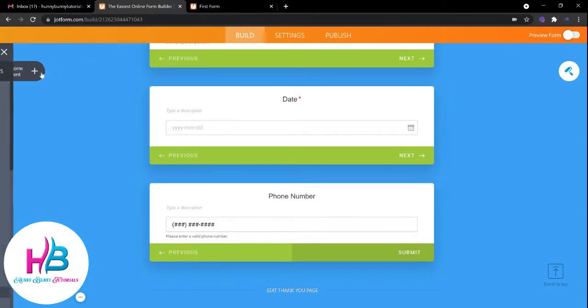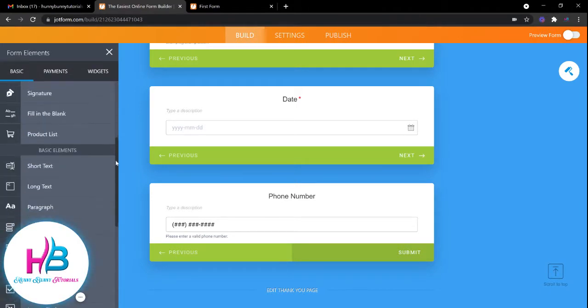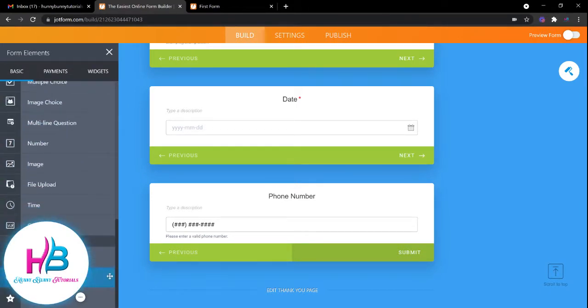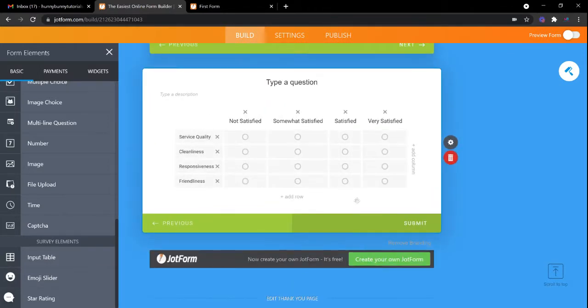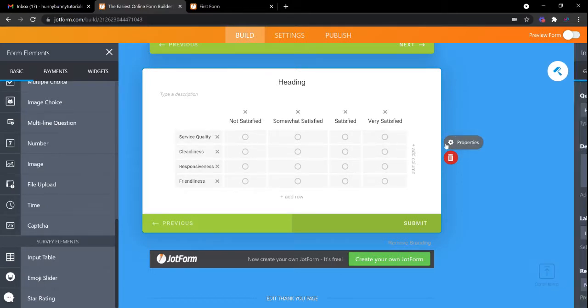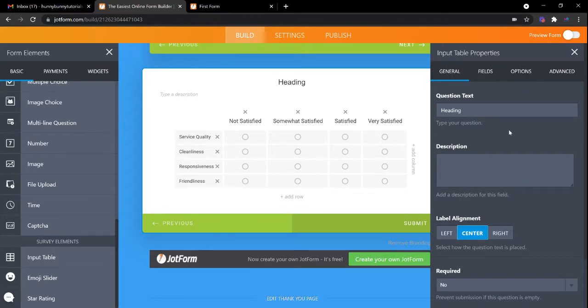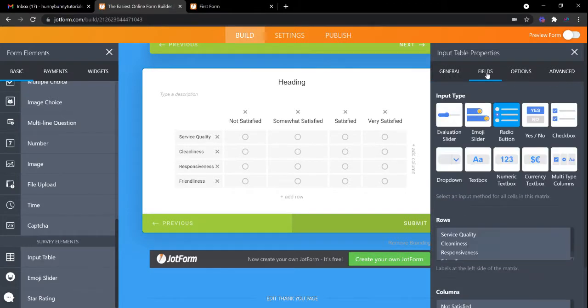So you need to simply click on the add form element, and then at the bottom you will see a field named input table. Here is the field. So simply we will drag this field and put it here. So this is how the matrix question will look like. You can simply place your heading here, and then you can have any number of columns and any number of rows you want. But this is not just limited to the radio buttons. Maybe you want to use checkboxes or you want to use text fields. So we will see what other options we will have.